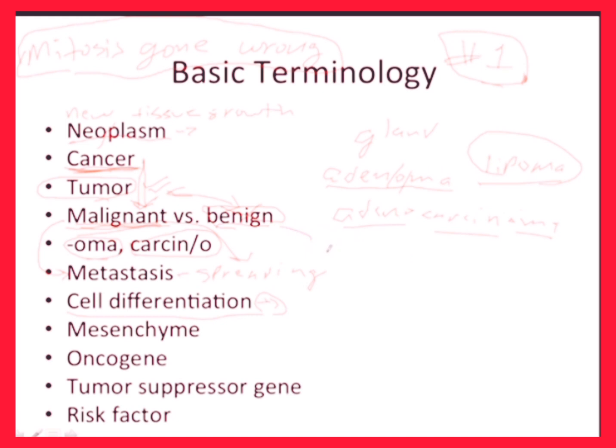They're going to look almost exactly like the tissue that the tumor originated in, whereas with a malignant tumor, the cells are going to look very bizarre, alien. They're not going to look anything like the original tissue that the mass or the neoplasm was found in, and we'll see some visual examples of that a little later on.